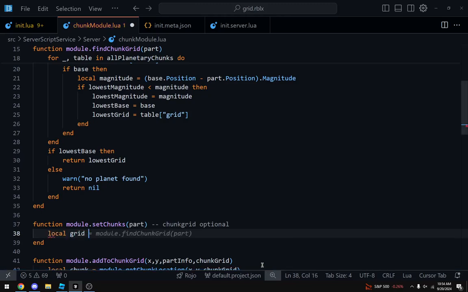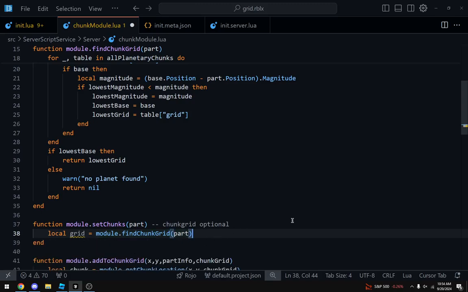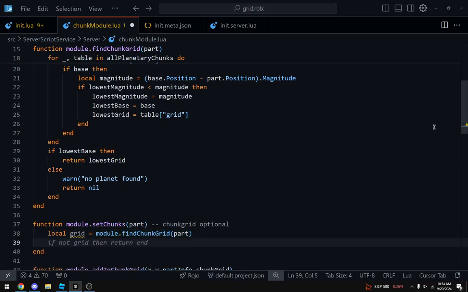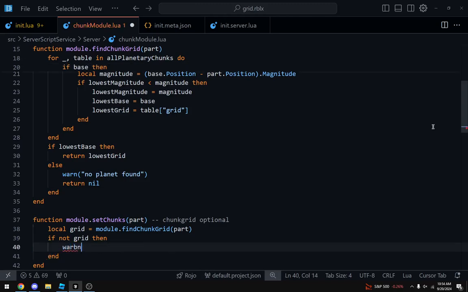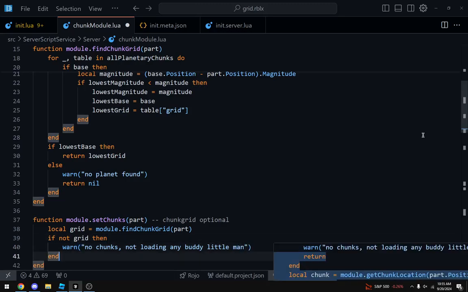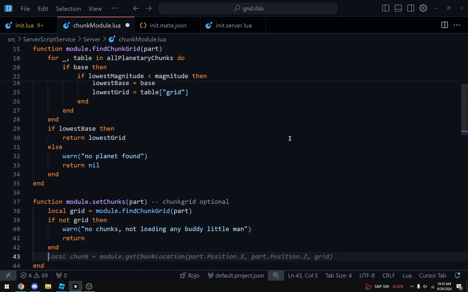So grid equals module dot find chunk grid part. And now we want to check if there is a grid. If not grid, then no chunks. No chunks. Not loading anybody. Little man. Return. Okay.